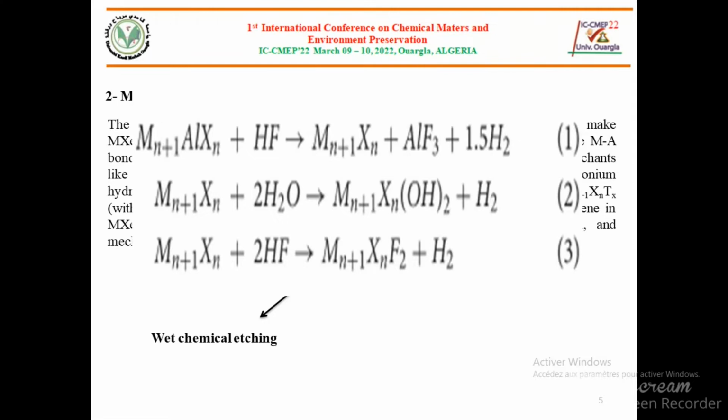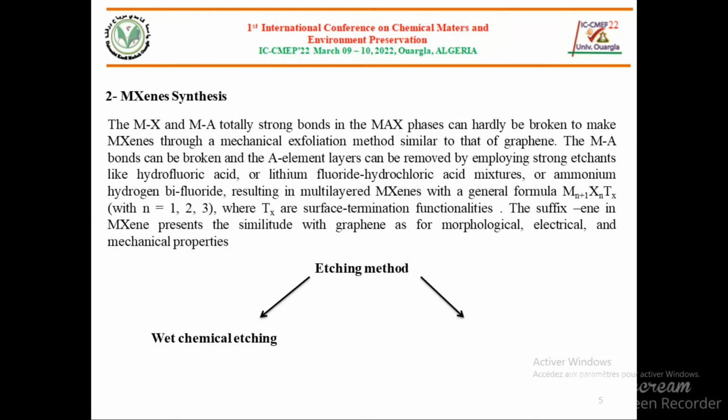The M-A bond energy in nitride MXenes can be almost the same as or slightly higher than that of the M-X bond, making them unsuitable for wet chemical etching methods. Recently, molten salt etching has become a new method designed for nitride MXene members. This method is much more complicated than wet chemistry.